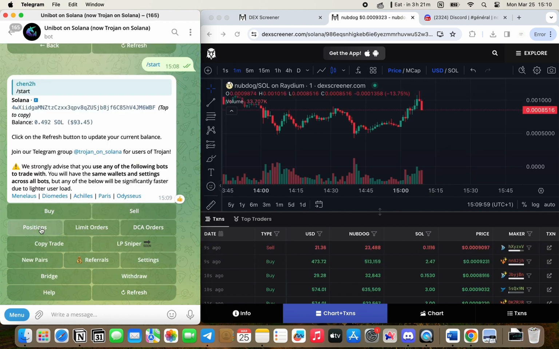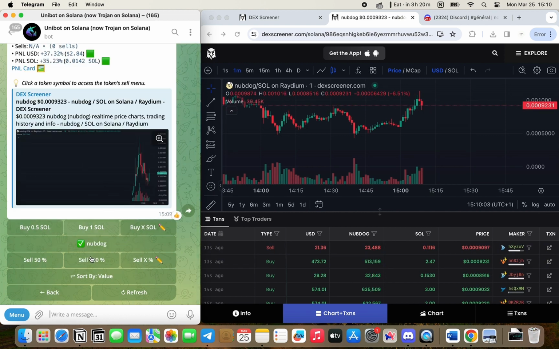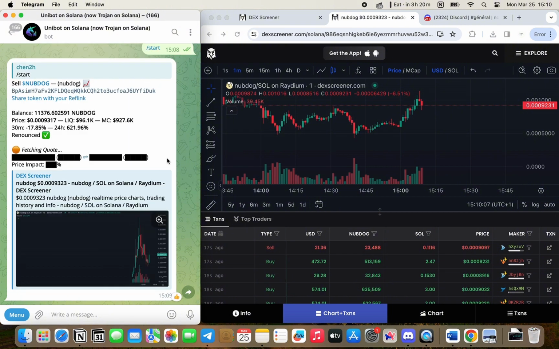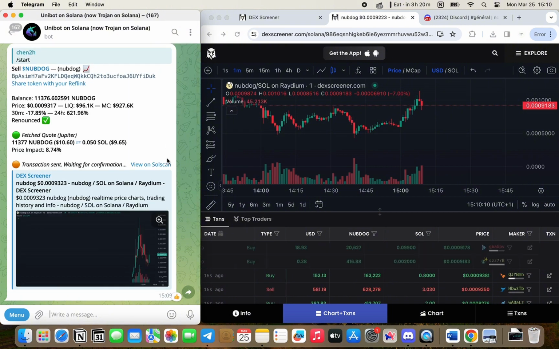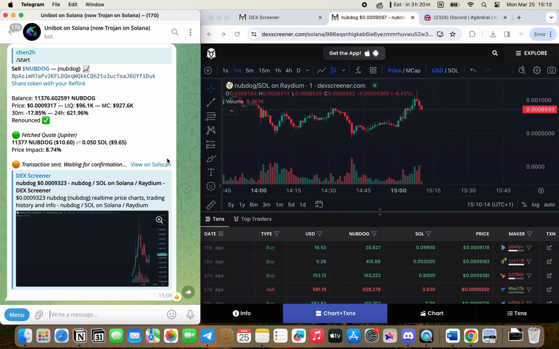Now let's close my open position. We click on position, then we click on sell 100%. It will then send the transaction. We have to wait for the confirmation. It usually takes a few seconds. We can see